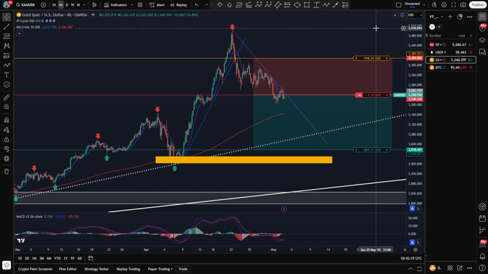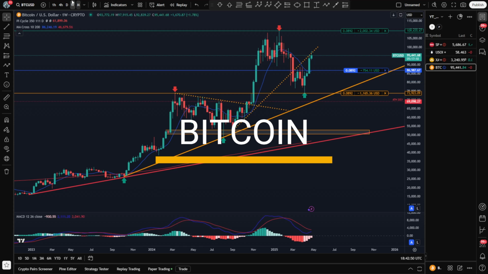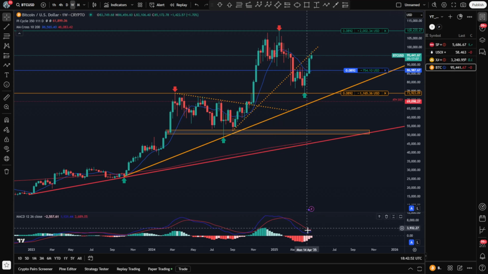Let's switch to Bitcoin. Bitcoin also here at the weekly time frame, the MACD indicator wants to cross to the upside, which is a positive sign on the bigger view. We are still making higher highs and higher lows, so the overall uptrend is still intact, which speaks for the 4-year theory, and that we are in the last year right now, which is normally the best.